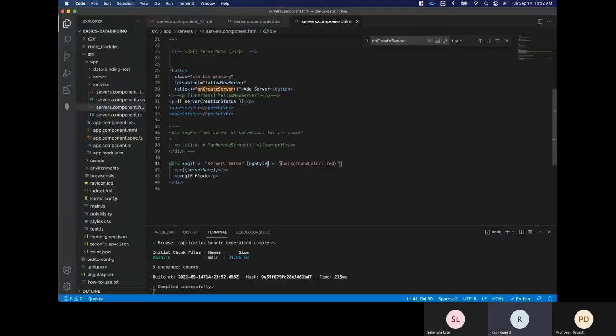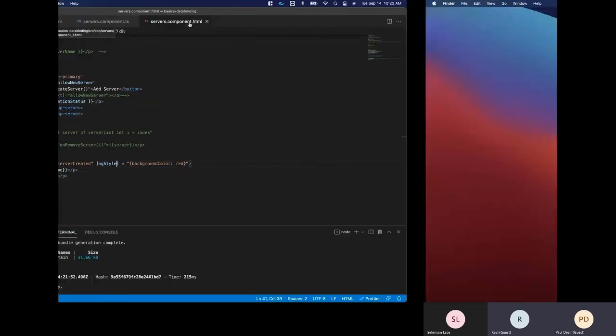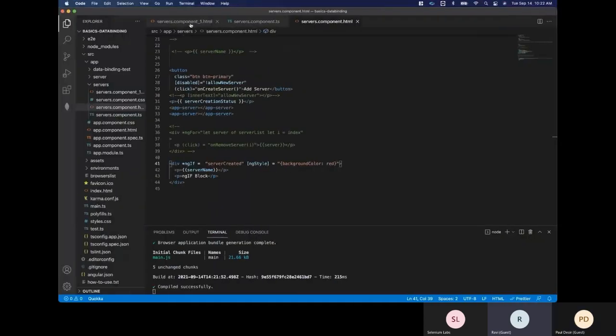So let me see your code one time. So you have created a server created. Okay, this is fine. I'm just checking now. Okay, I think you're changing the wrong file. Component_1 is not used. It was just for backup I created. So do one thing. Instead of ngif, you remove that ngif. You don't really need ngif right now because that was just to show you that ngif works. So instead, just use the